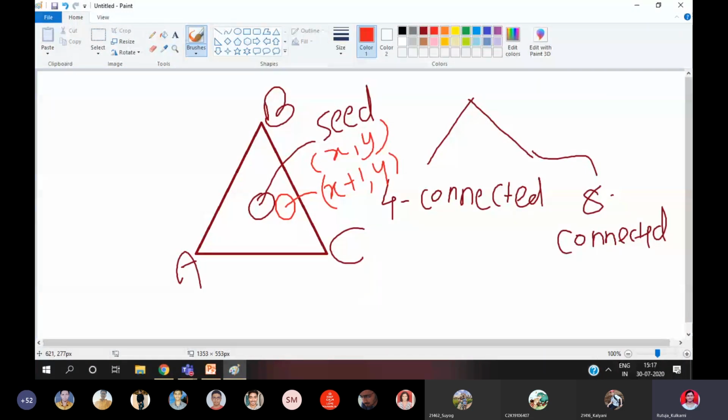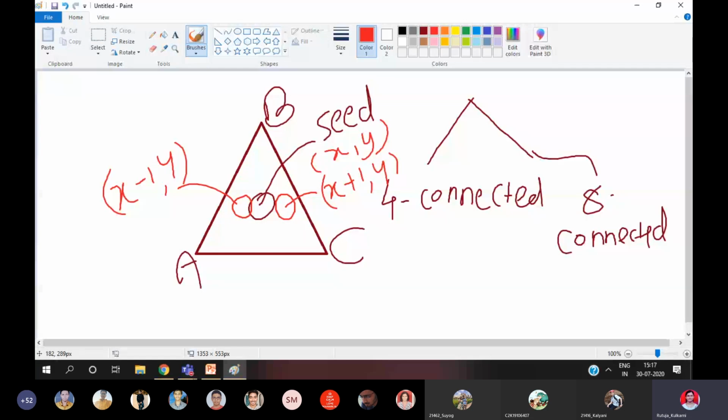Next is the neighboring pixel on the other side. This pixel is x minus 1 comma y. Again, we are not changing y because I moved to the left side of that pixel, in the opposite direction, like x decrement.